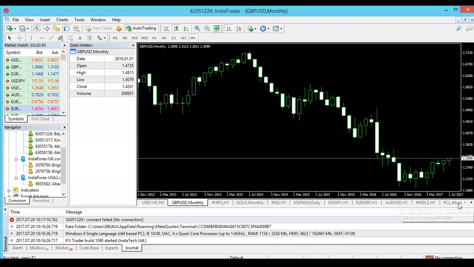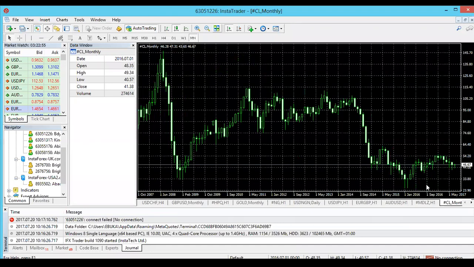The same thing with crude oil. Now, see, crude oil is not a currency. It's a commodity. Look at crude oil, when the price of crude oil is going up,